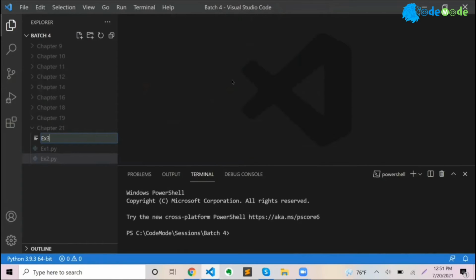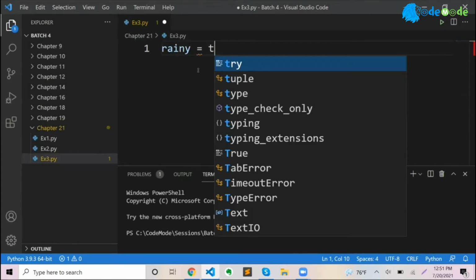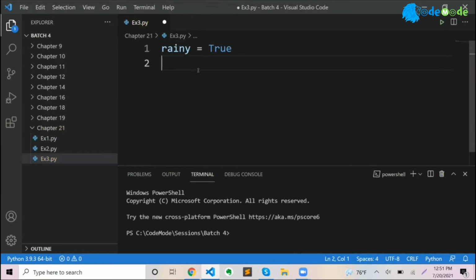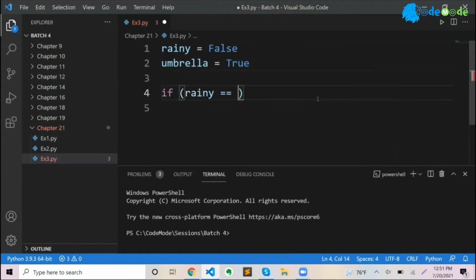That is again third optimization, and you will use it. Suppose you declare a variable called rainy equal to true, and then we say false, and then suppose we say umbrella equal to... take two variables, and we'll go back to our watering plant example. Suppose we say if rainy equal to true,